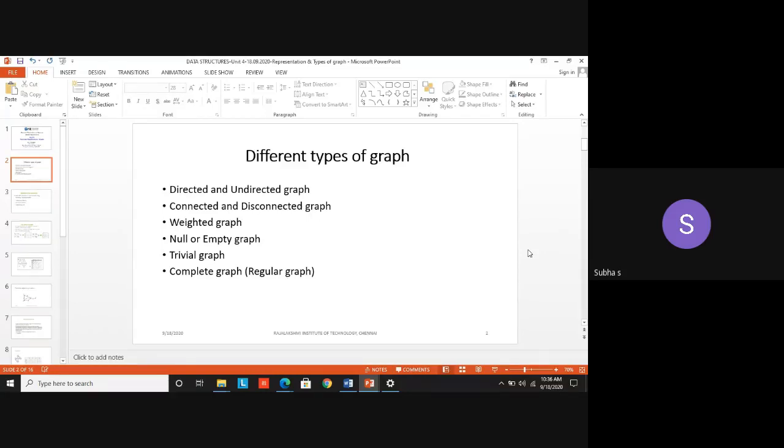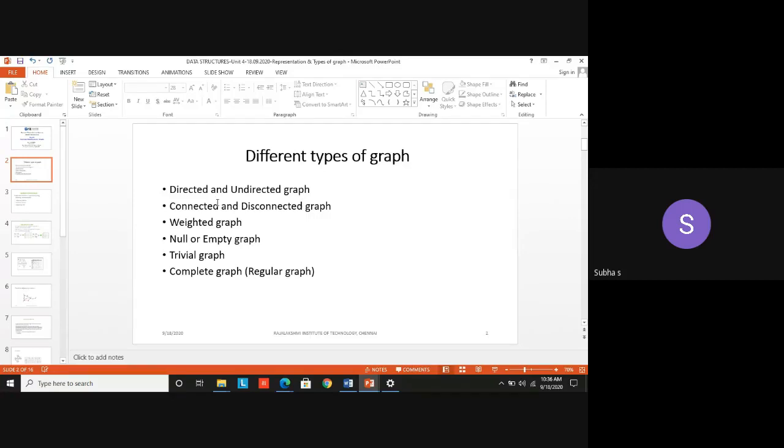So first we saw directed and undirected graph. Simply, an undirected graph is nothing but nodes connected through edges. If it has an arrow mark, where node A is connected to node B through a path from A, then that is called a directed graph. It means there is no path from B to A, only a path from A to B.